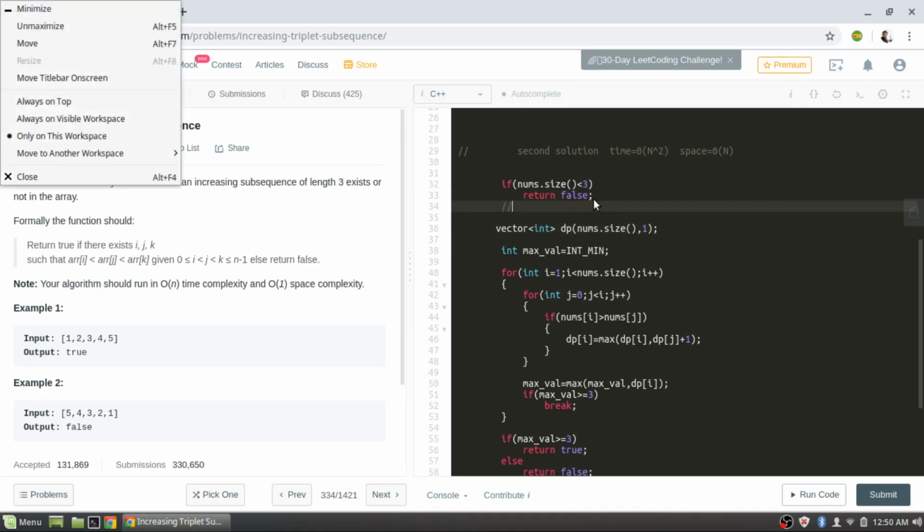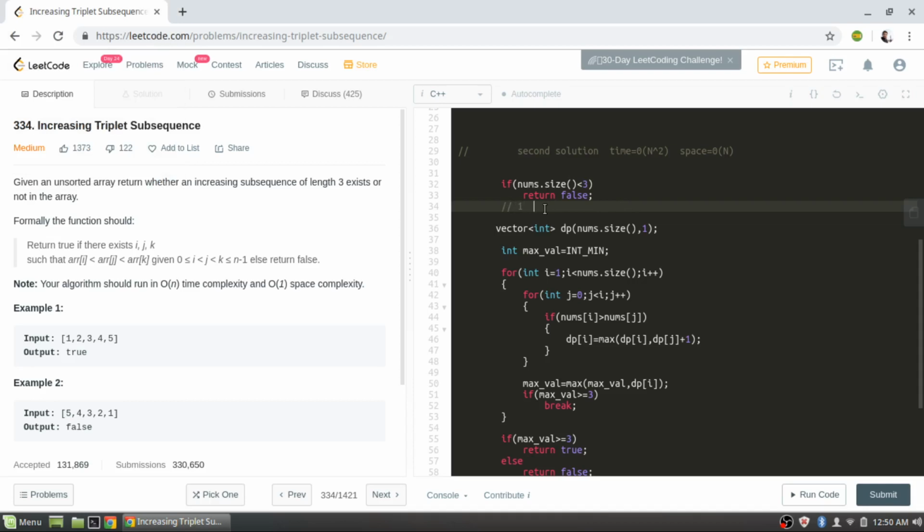Initially, in the auxiliary array I fill 1 1 1 1 like this. Let's say this is the ith index, and I am checking all the elements previous to i, from j equals 0 to i minus 1. If the value present at j is less than the value present at i, then we update the count here. The count would be whatever the count is there plus 1, and we just move forward. In this case we have 2 for loops, so the time would be O of n square, and the space is O of n.